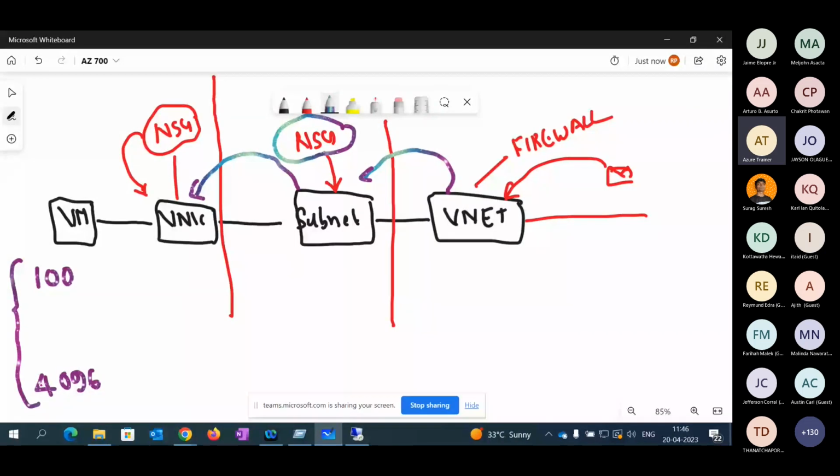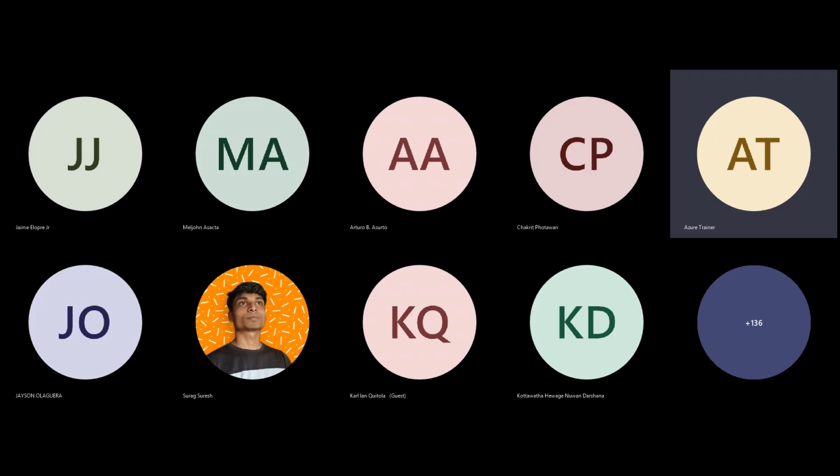Now, any number starting with a lower value gets the highest priority, and the highest number gets the lowest priority. That is important to remember here. Whenever you configure a route, you may see a couple of orders assigned here, because we need to know in which order they need to be followed.